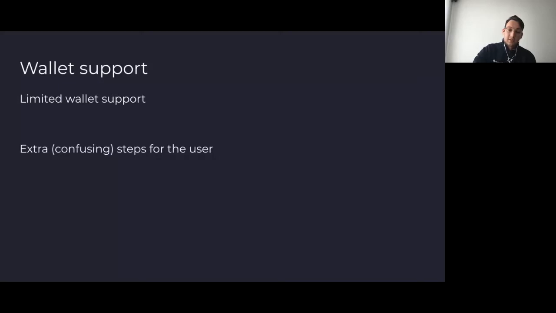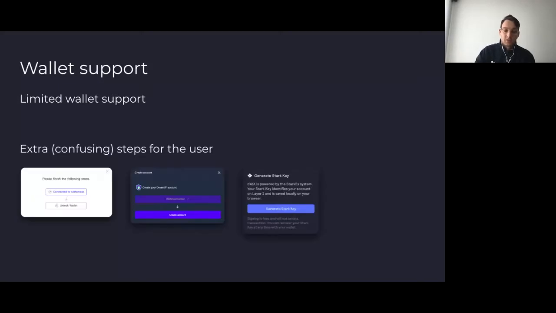And that basically means that the user would see a message like this when they're first onboarding, that's asking them to complete an action that they don't really know, that they've never seen before, because layer 2 is kind of a combination between a wallet interaction like you're doing on layer 1, but then operating a normal product like a centralized exchange, and that's a weird combination of the two that's not very familiar yet.